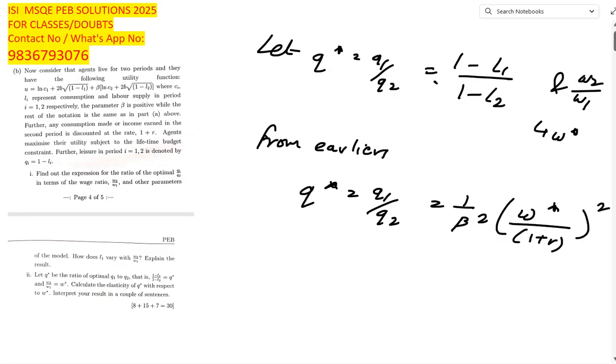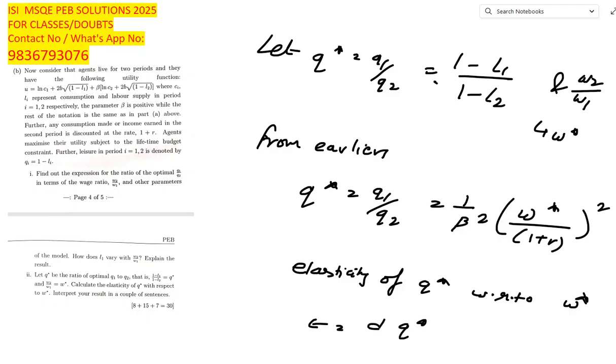Now we will calculate the elasticity of Q star with respect to W star. So then elasticity will be d Q star by d W star times W star by Q star. This reminds you of cross price elasticity, remember? So now we will differentiate. So then